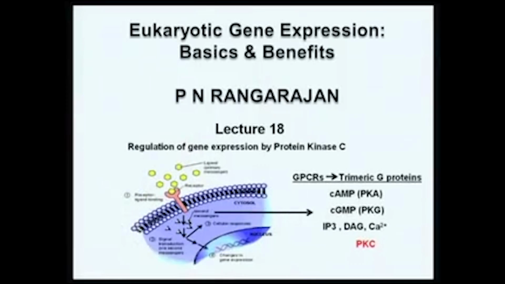We'll continue our discussion about the regulation of gene expression by G protein coupled receptors. This is what we have been discussing in the last 3 classes. How signaling molecules, when they interact with specific receptors, specifically the serpentine receptors or the 7 transmembrane domain receptors, result in the activation of trimeric G proteins, and this results in the dissociation of the beta, gamma and alpha subunits, and they then interact with specific effector molecules like either adenylate cyclase or phospholipase C,